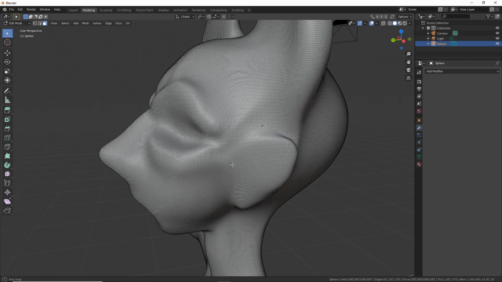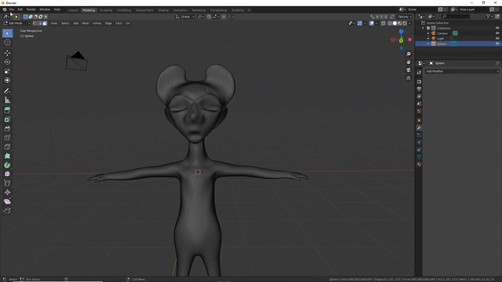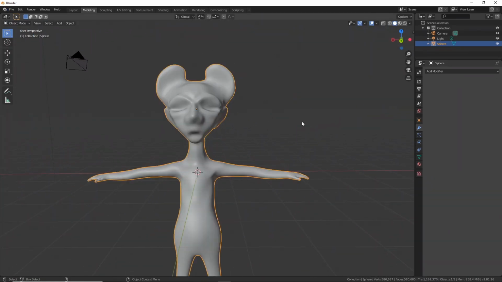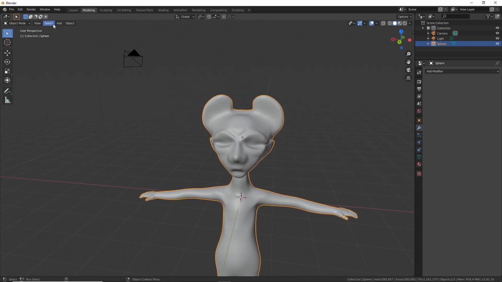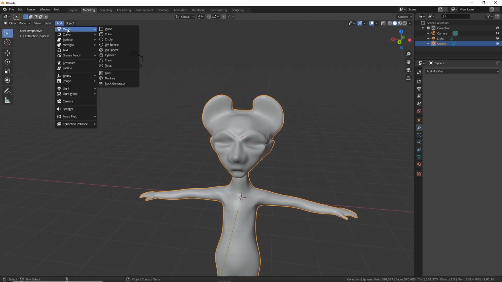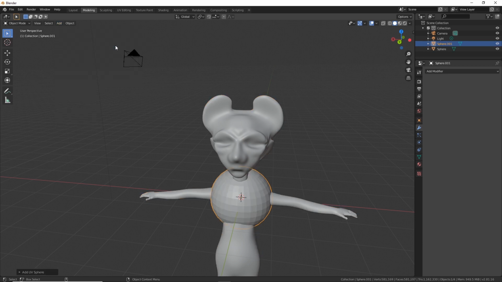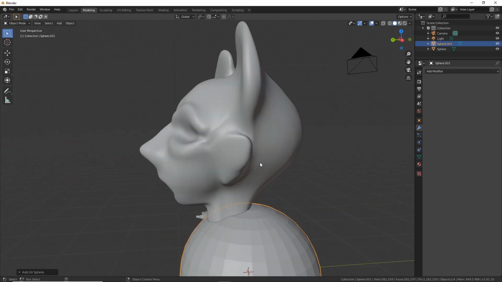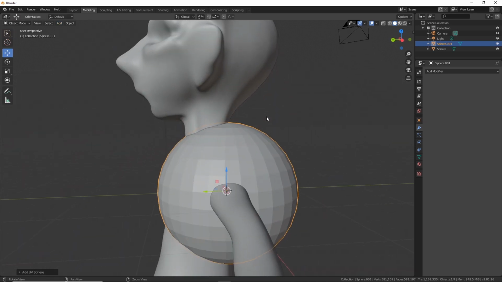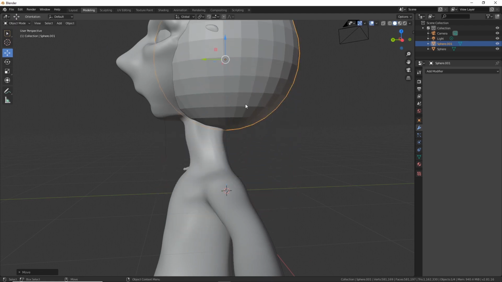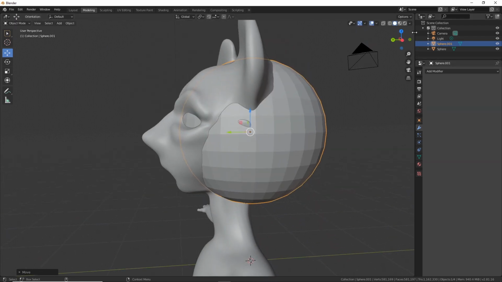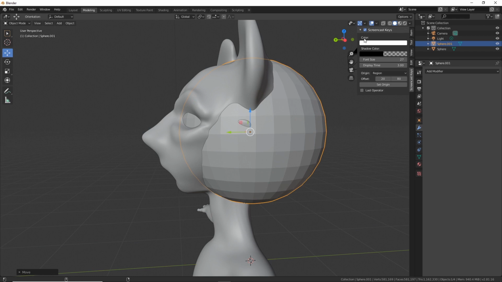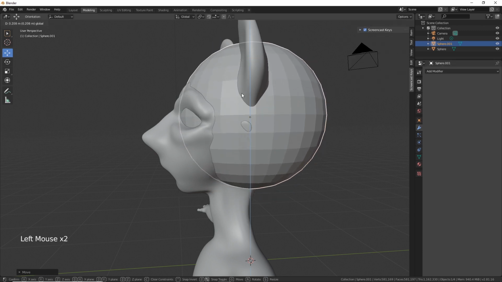All right, so first thing I want to do in this mode, go back out to object mode. I want to add a sphere for his eyes, UV sphere, and hit W, pull it up. And notice that I'm not getting my screen keys, so let me turn those back on and off. For some reason it starts and stops. All right, and then